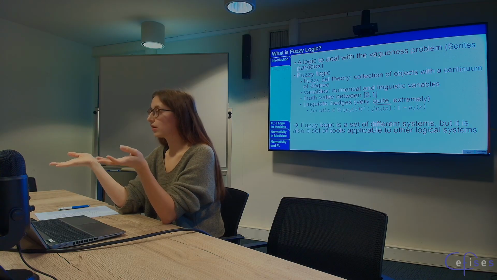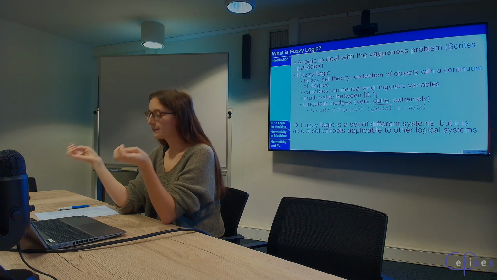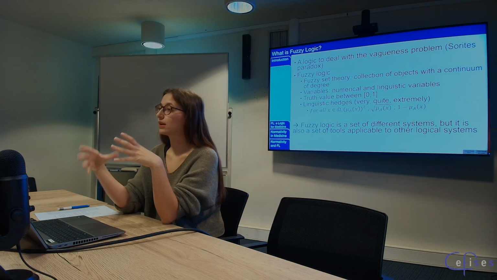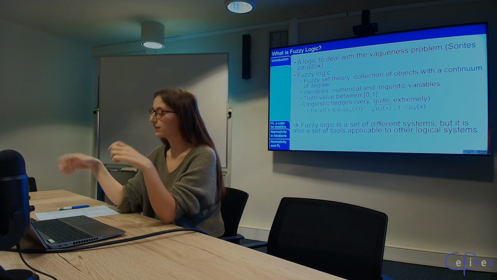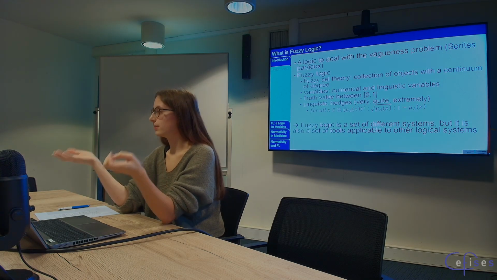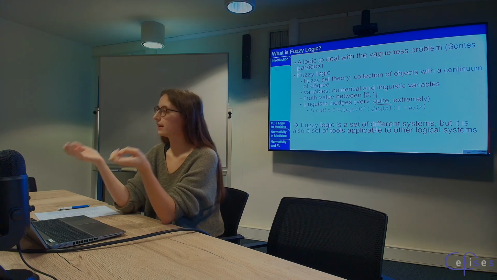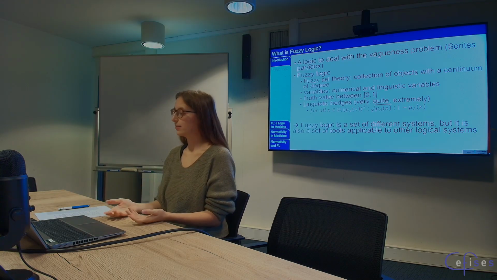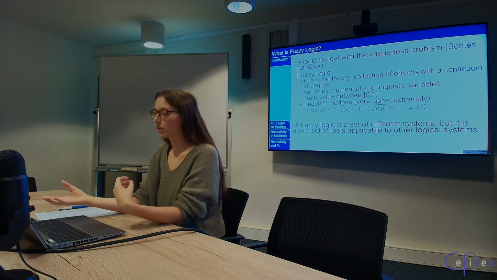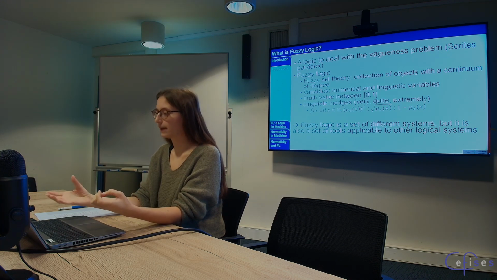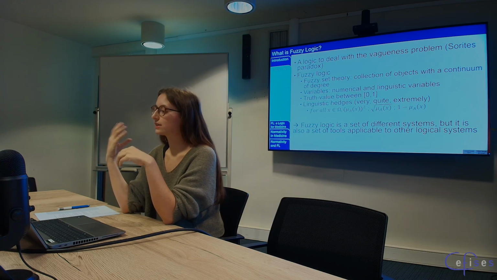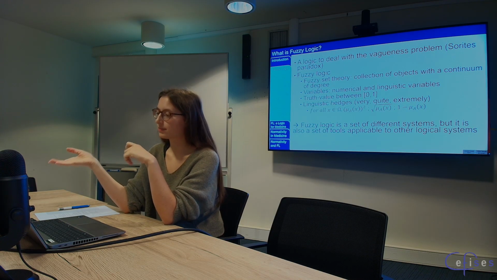That's an application of the modus ponens. And if we repeat the application of the modus ponens, we arrive at the conclusion that 1 grain of sand is still a heap, which is a paradox because we don't want to say that 1 grain of sand is a heap of sand. So fuzzy logic is an answer to understand the notion of vagueness. And vagueness, I will use it like this: something is vague if we can create an example of the Sorites paradox with it.